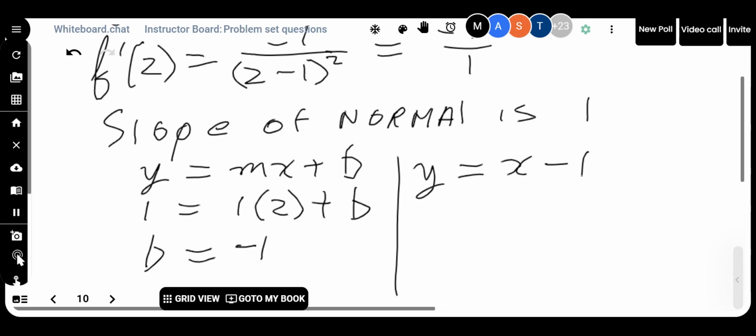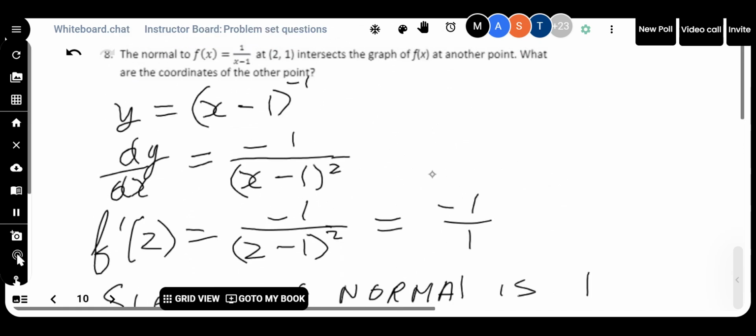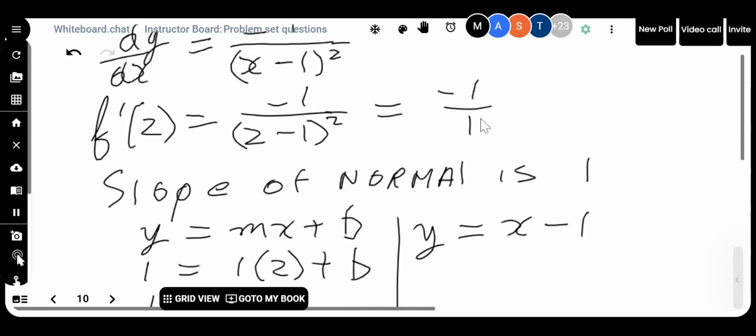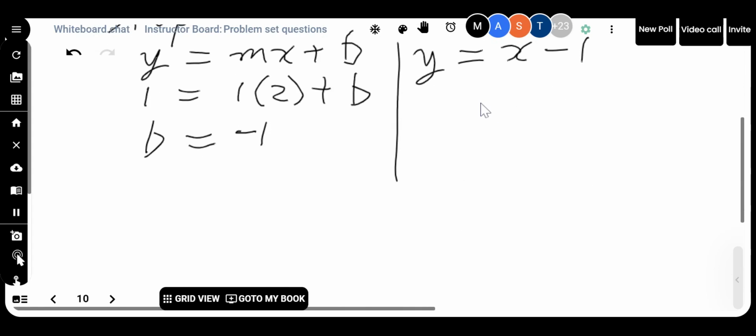How can you find where two functions intersect? What's the strategy for that? Set them equal. Thank you. Well, you could call it substitution. It's really just setting the two things equal to each other. So we're going to take y equals x minus 1 and set it equal to 1 over x minus 1. That's exactly what we're going to do. So x minus 1 is equal to 1 over